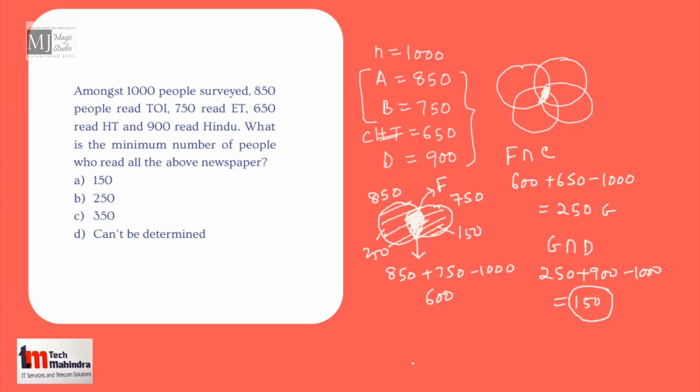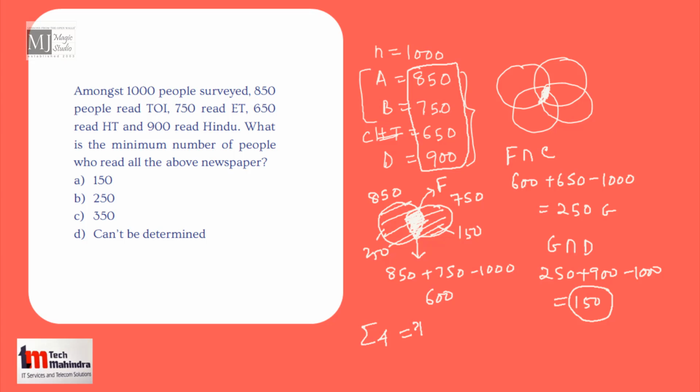Now if suppose 6 and 7 types of varieties are given like this in a Venn diagram, are we supposed to do it one by one and then conclude it? No, straight away also we can do that. If there are 4 newspapers, just add all these. What would be the total? Let's see. So 8 plus 7, 15, 16, and 15 is 3150. So the total for all 4